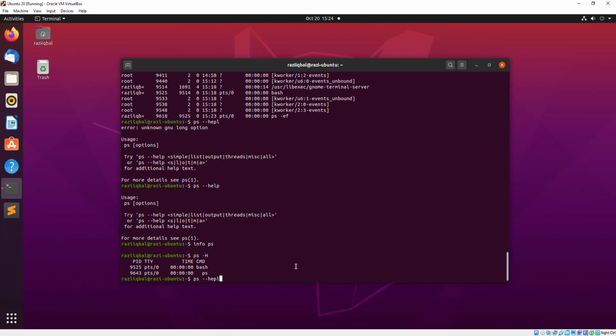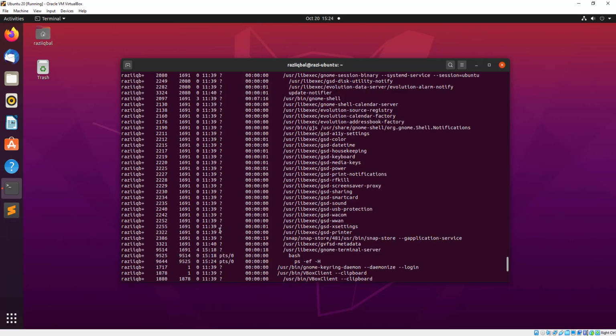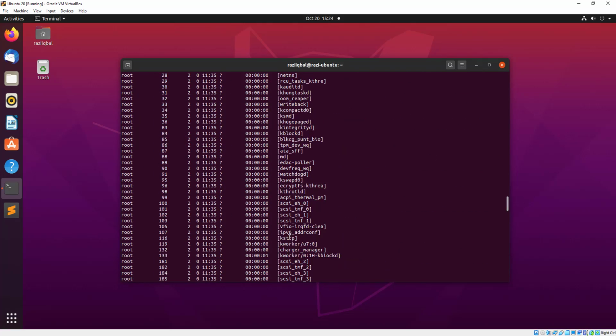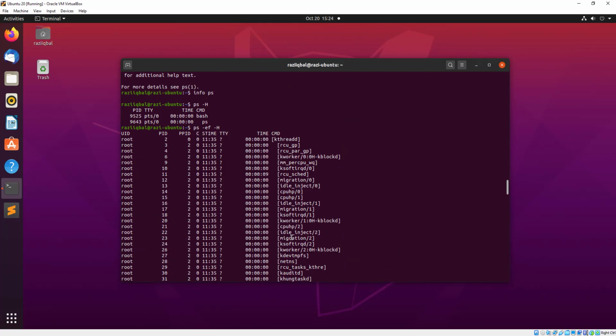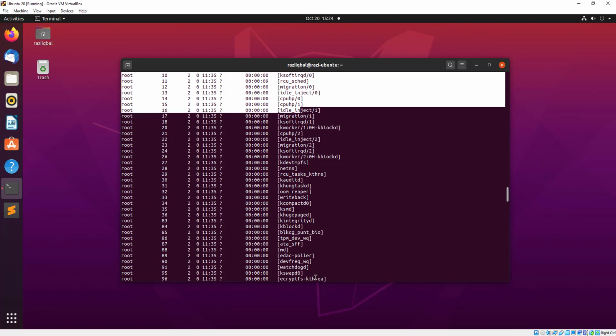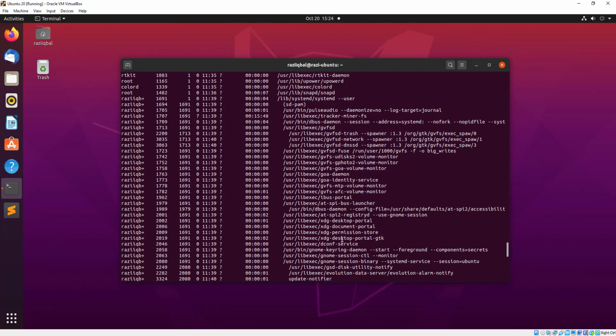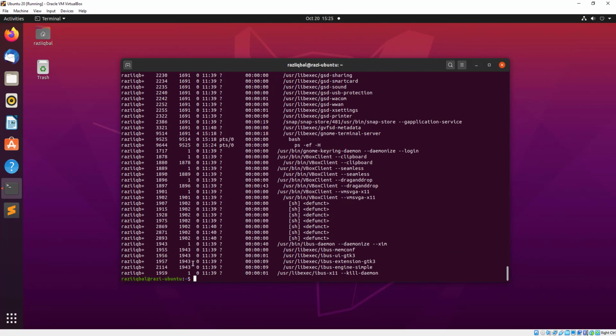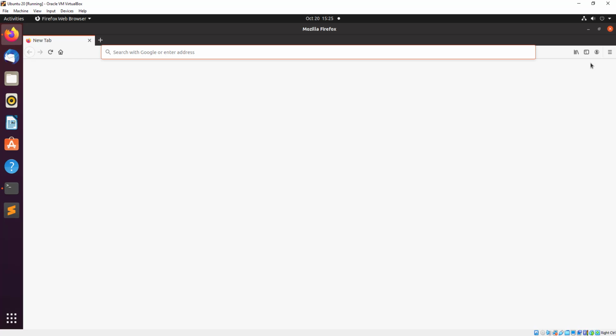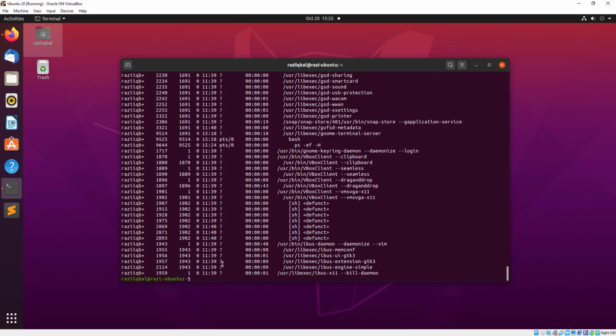I think it will start showing it in the hierarchical form, like this. So it shows that information as well, and you can actually kill some processes from here if you want. So for example, I've just opened Firefox, and if I go back and see this,